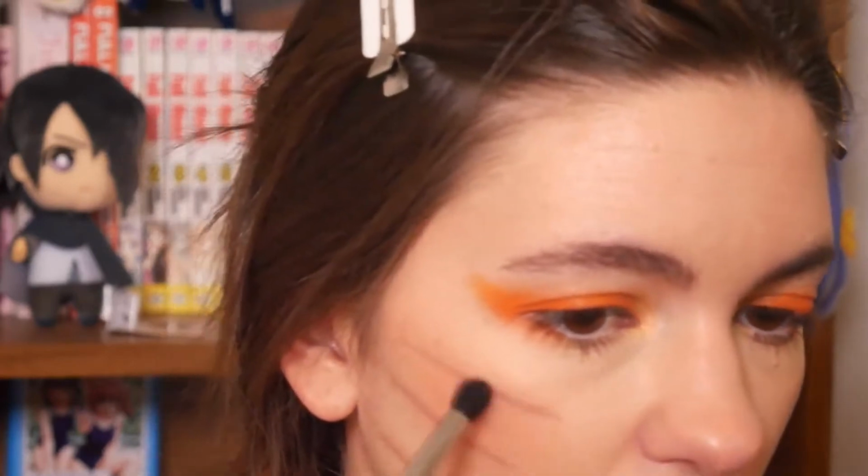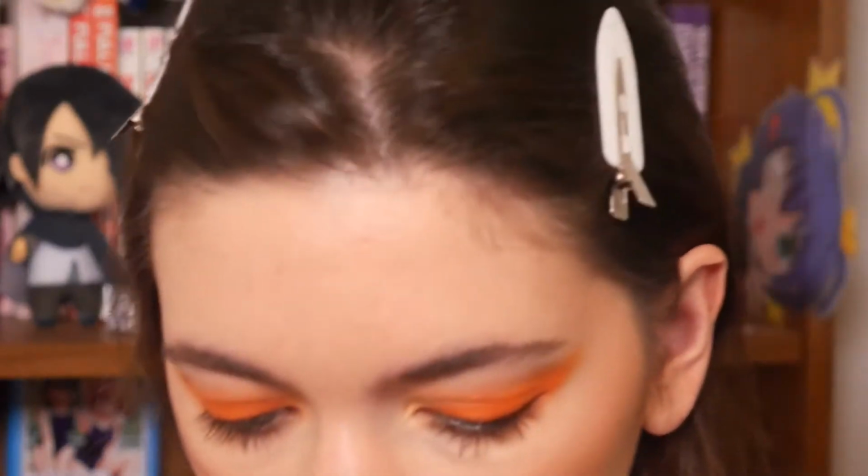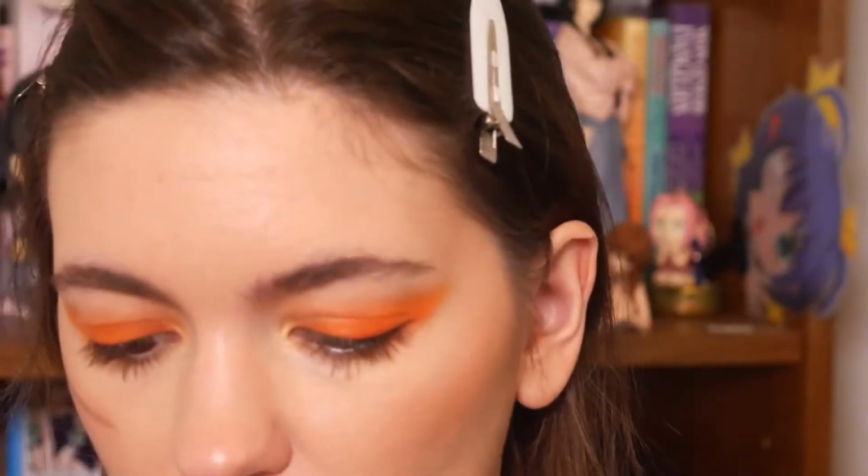It's like a natural brown shade, and that's set number 1. So we're gonna go ahead and do the other side, and then there are your Naruto whiskers. See, it looks more natural, and I mean,